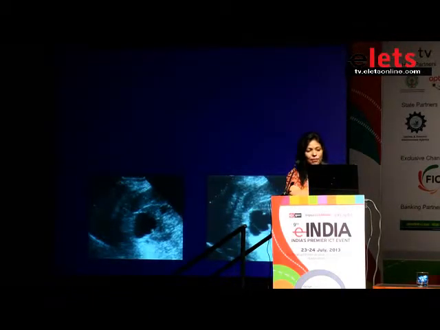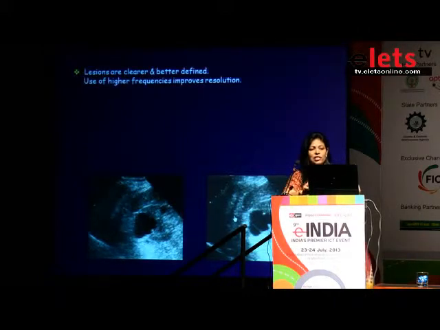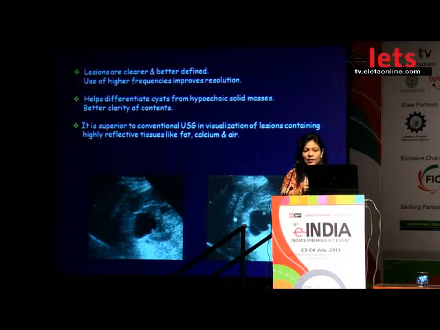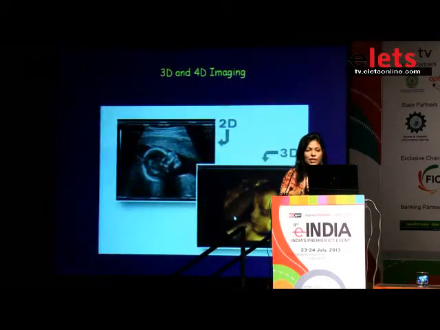Look at this image, wherein you're not really sure what you're seeing in this area, but the moment you switch on your tissue harmonics, the area becomes much clearer. So we use this technology because lesions are much clearer and better defined. It helps us differentiate cysts from solid masses, especially when they're very small, a millimeter or a couple of millimeters, especially in superficial structures like the breast tissues. It is definitely superior to conventional ultrasound and is much more useful in obese patients. So whenever we see any difficult area, we always go into our tissue harmonic mode and scan it.